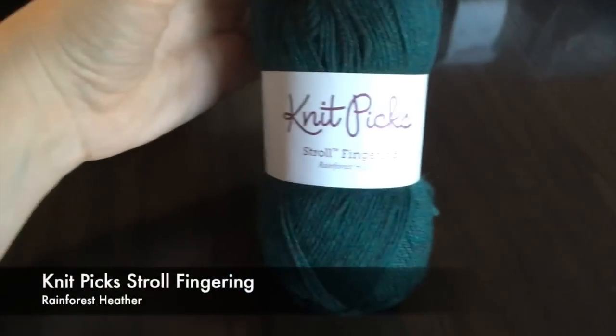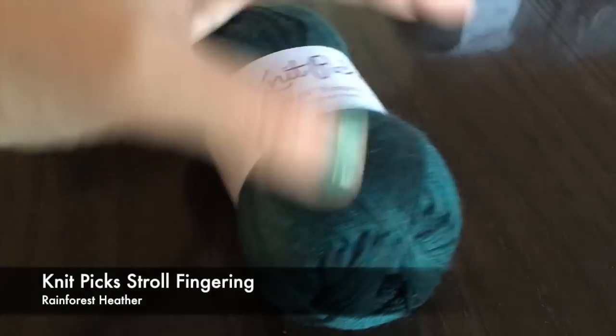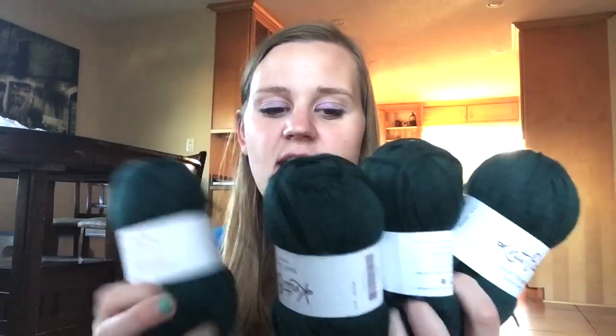The next yarn that I ordered was the Stroll Fingering, and I ordered the Rainforest Heather color. It's this really deep green with some variation or some tonal. You'll notice through these choices that I made, I really like the ones that are a little bit heathered or tonal, that have some variation in them. I actually ordered 4 skeins of this one in this color, and let's see here, 75% superwash merino wool and 25% nylon, 231 yards, 50 grams,